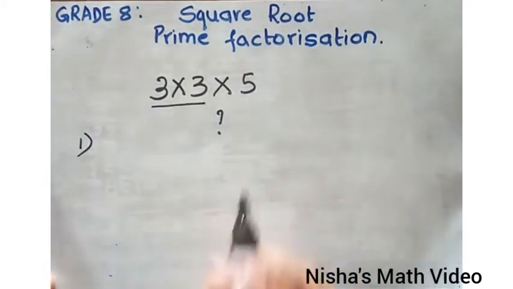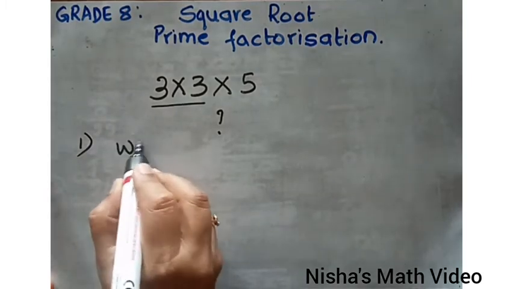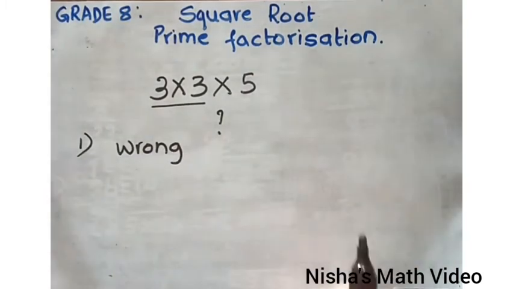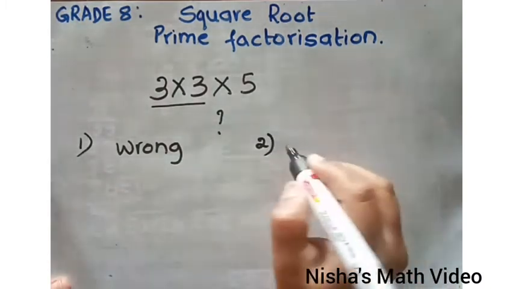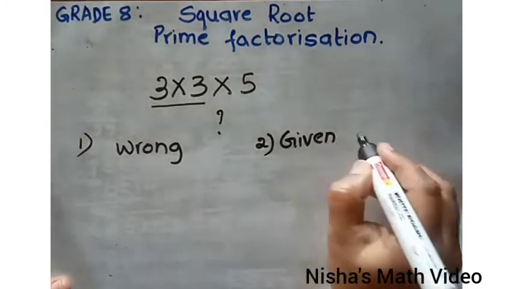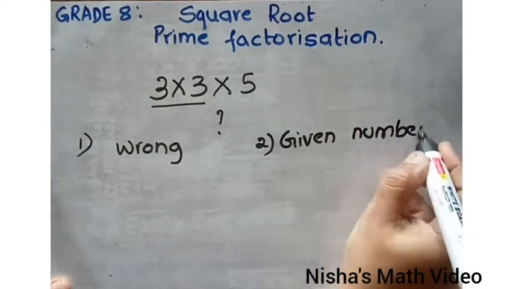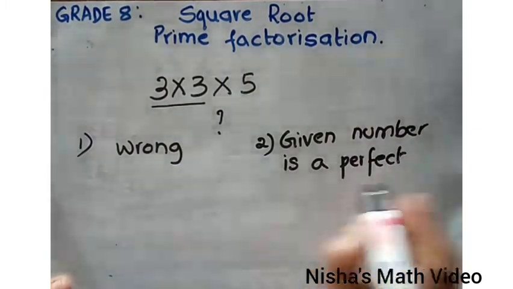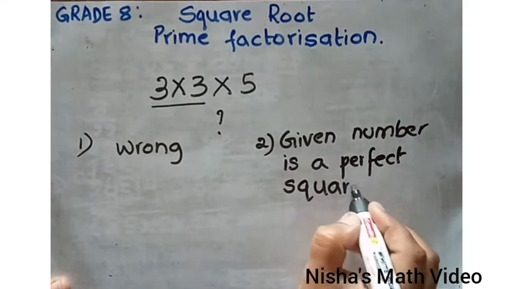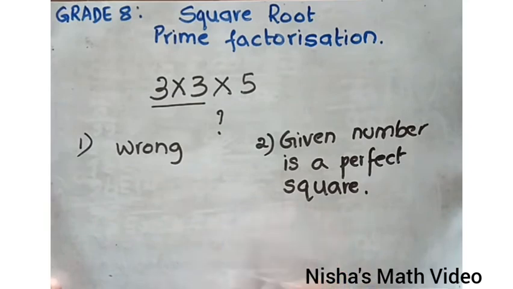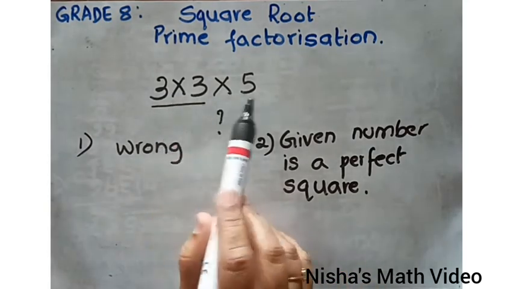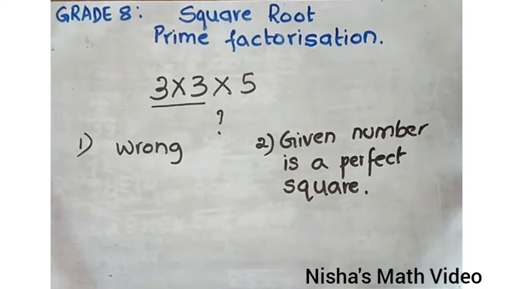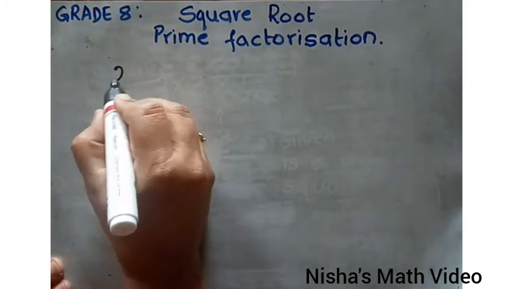These cases will come in two situations. The one situation is that you have done something wrong in the prime factorization, that is, the prime factorization you have done itself is wrong. Or the second one, the given number is not a perfect square. In both situations, you will get prime factors which do not have a pair. Let's take small numbers as examples and try to understand what it means. Let me take a number 24.